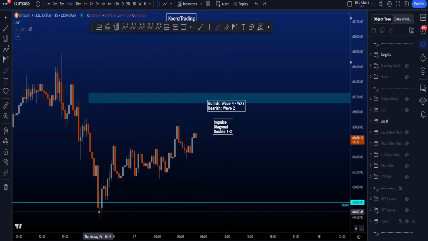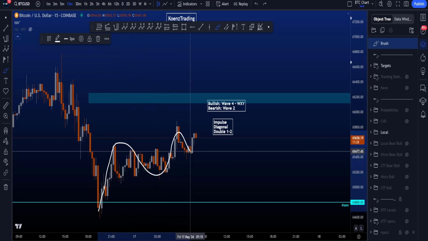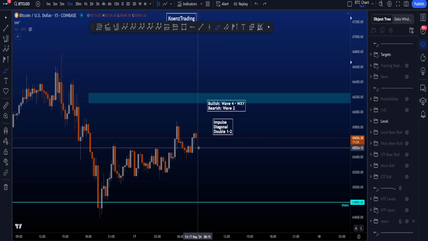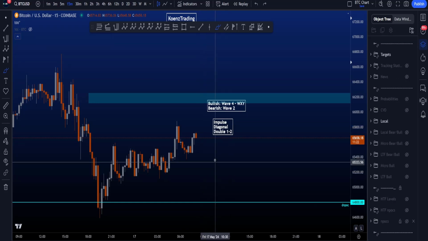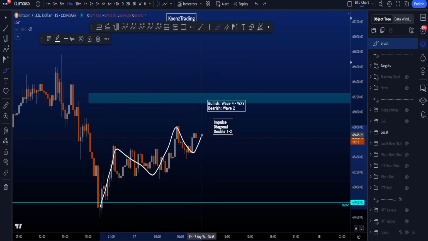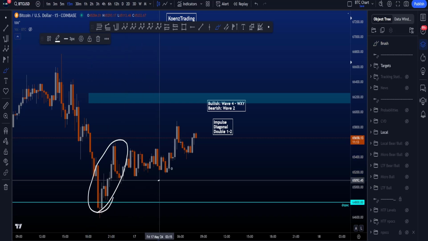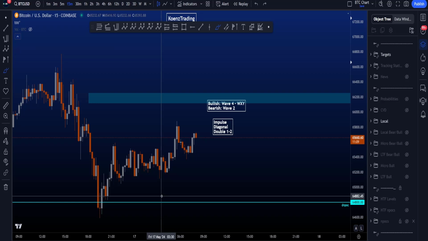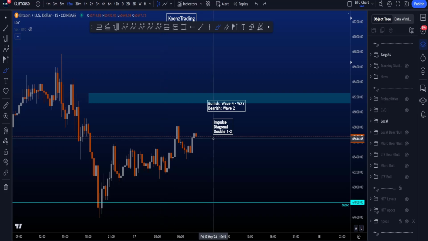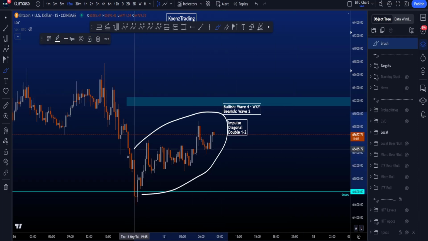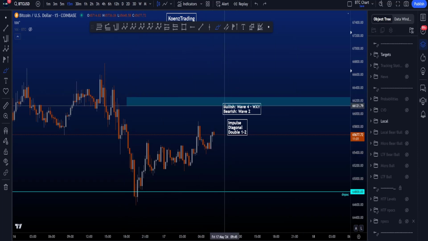Then we have a diagonal structure in a wave 1, 2, 3, 4, 5, which is a possibility, but too early to call. I only really like to think about diagonals after a wave 4 is in, which then brings us to a double 1-2 in a wave 1, 2, 1, 2. However, these moves towards the upside here on the lower time frames look more corrective, 3-wavy, instead of impulsive, lowering the probabilities for a double 1-2, increasing the probabilities that this price action to the upside is corrective,